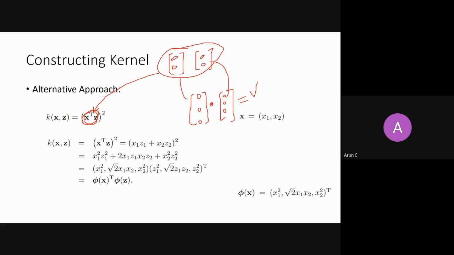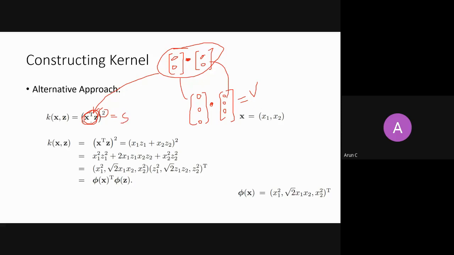So if I take a dot product in the original space, my original space is 2-dimensional. So x is a vector which is 2 by 1, z is a vector which is 2 by 1. I take a dot product here. What is the output I will get after taking a dot product? Come on, this is very trivial. No need of doing machine learning here. It is a scalar. It's just a number, right? Then you take a square of it. You will get again a scalar value, right?